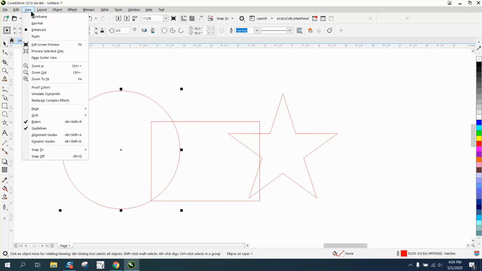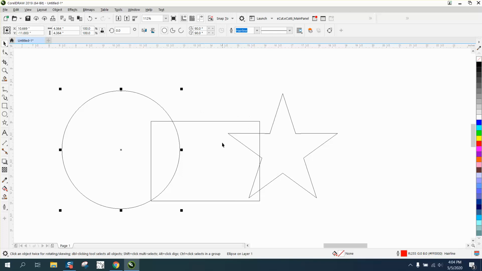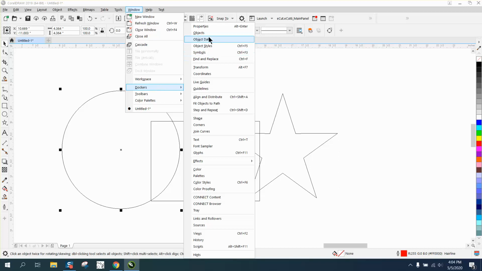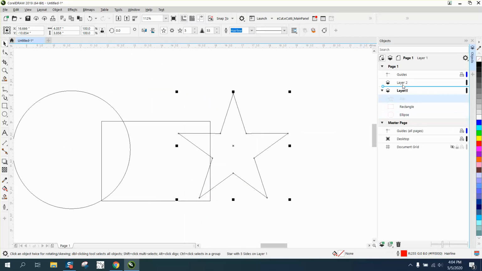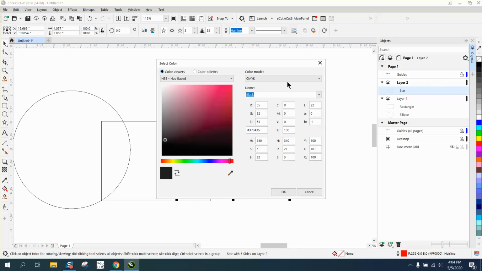I never use wireframe. So wireframe turns them all black. And then my mentor stepped in and goes, yes, you can. You can go to Windows, Dockers, Objects, and just open a new layer and move the star or whatever you want into layer 2. And then you can double click on this right here and make it